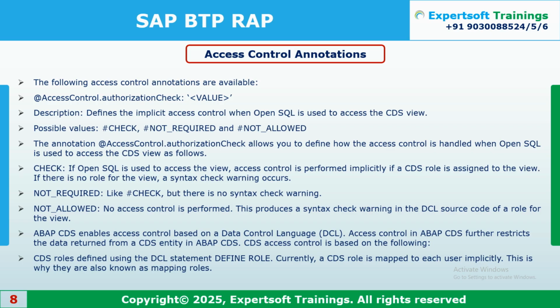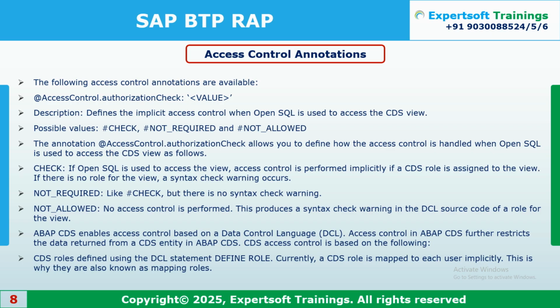Then whenever any user is accessing that particular CDS view, it will check the access control view also. On top of the access control view, we have an authorization object assigned to it. That authorization object will be assigned to the particular business user, then that process will execute. I will let you know in the real example as well.